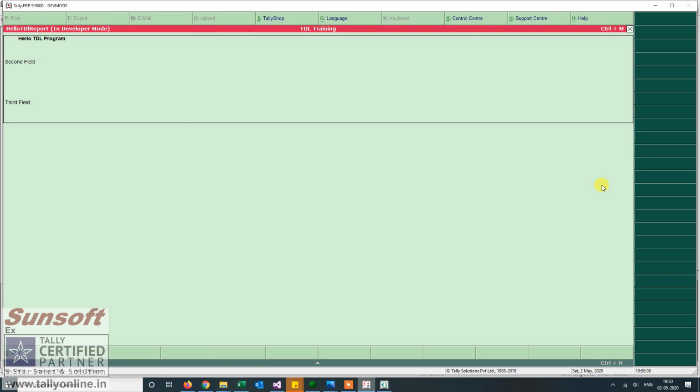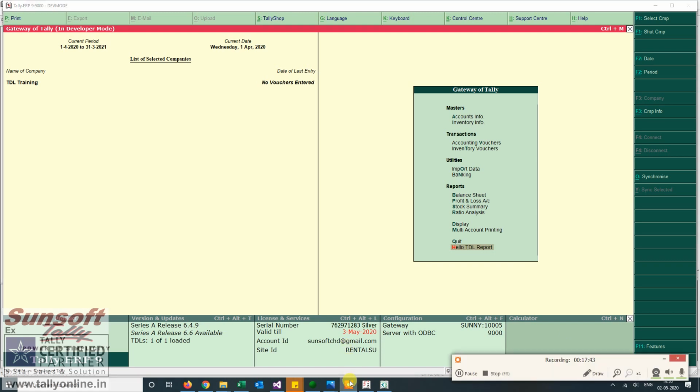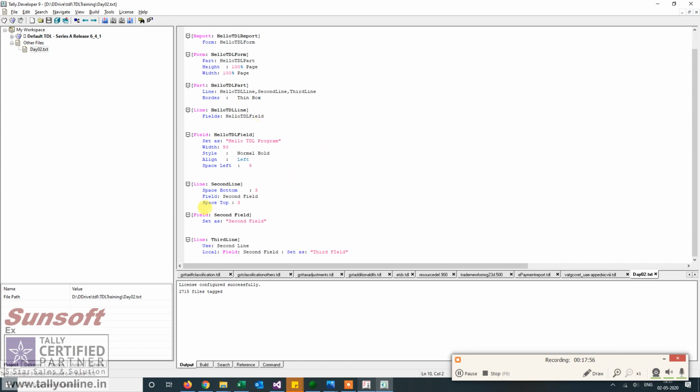So this is how the border works. In this section, we have seen how we can give a height and width to the form, how we can give spacing attributes, sizing attributes, styling, and the width and alignment.